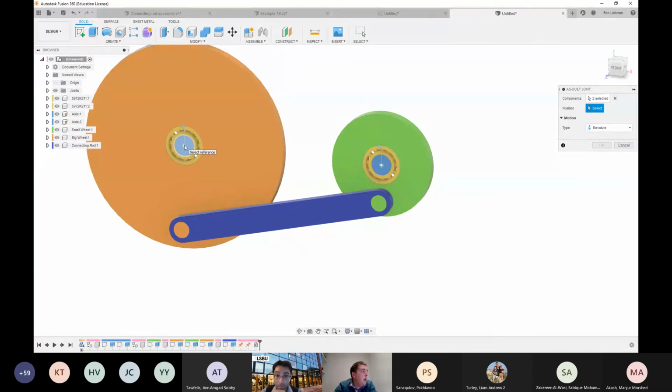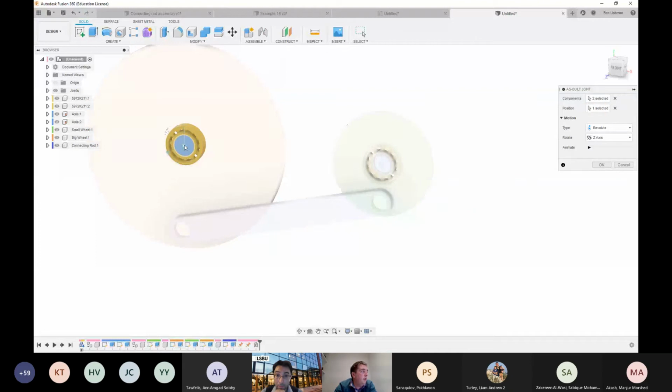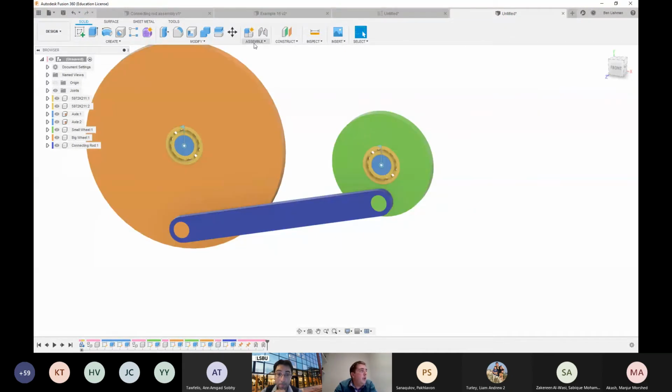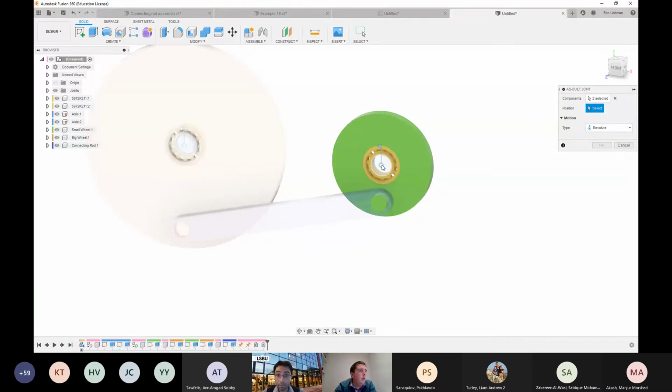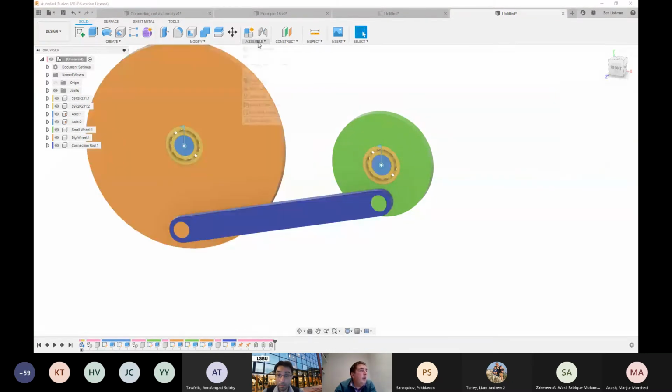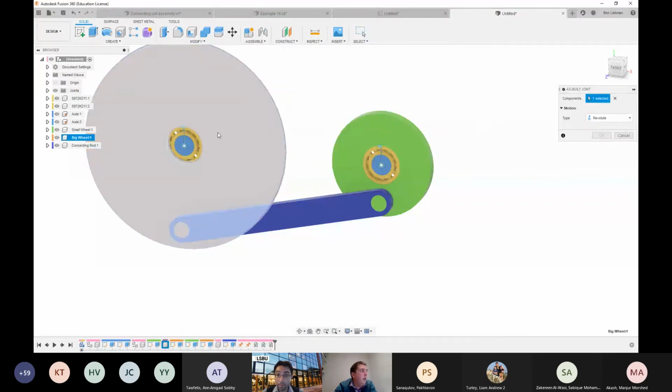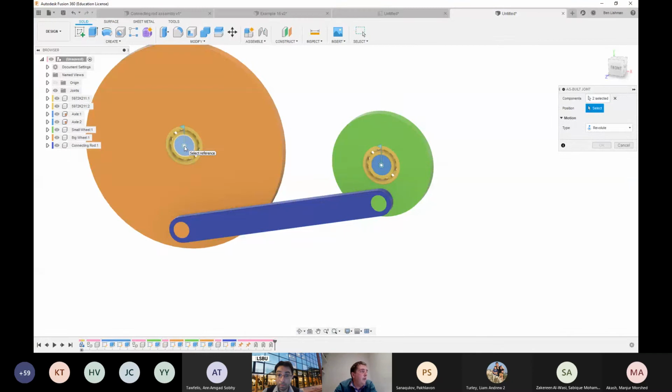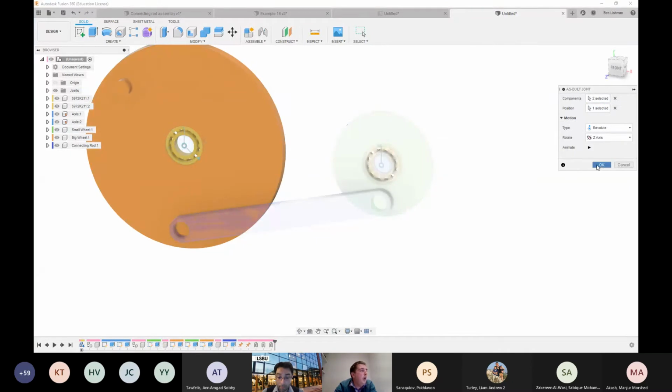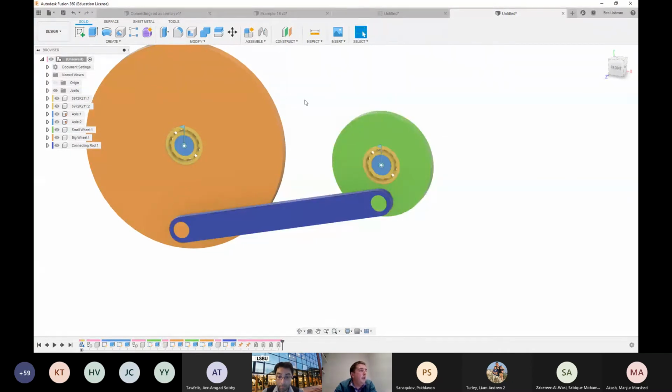I put the center of rotation right in the center where I want it, and that works okay. I'll keep on going. I'm going to use the same kind of joint between the wheel and the bearing. And we can talk a bit about that if people want, but that looks okay. And again, another as-built joint between the big wheel and the bearing, centered on there. And everything is now turning as I want it to,